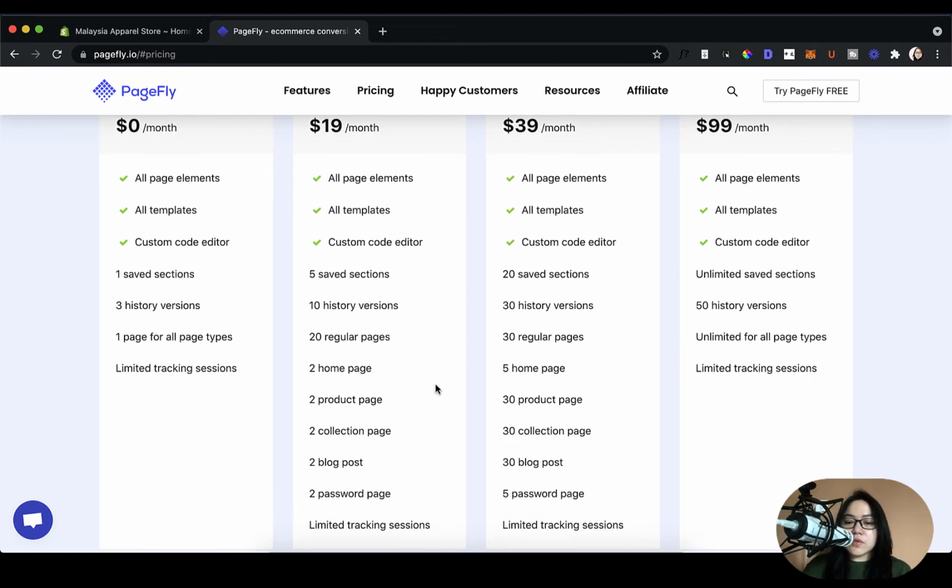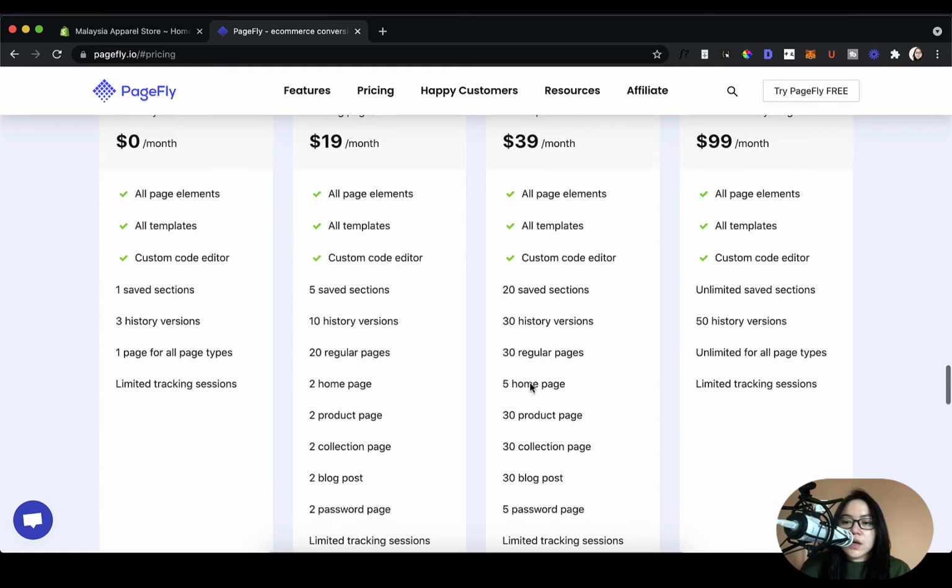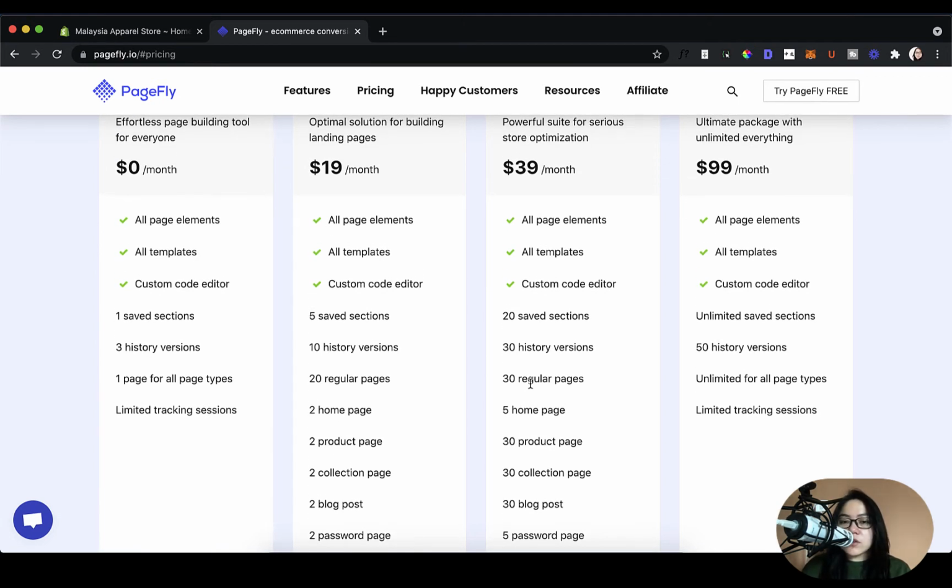A mid-sized store might need this. Okay, so 30 product pages, 30 collection pages, and so on. So if you have a catalog of maybe 100 to 200 products, you might want to use this to highlight some of the products or collections that you have. On the other hand, if you have a very large store and you're thinking about customizing a lot